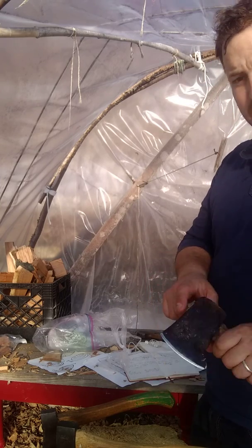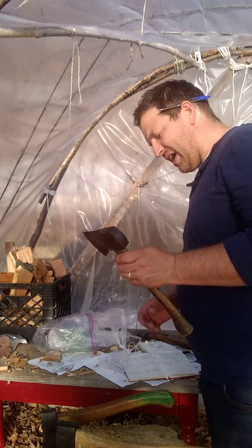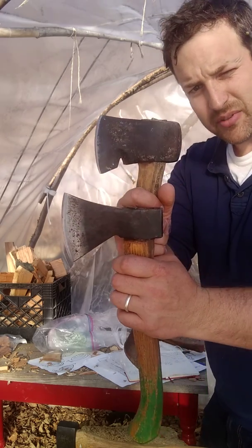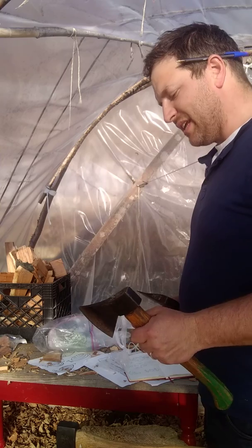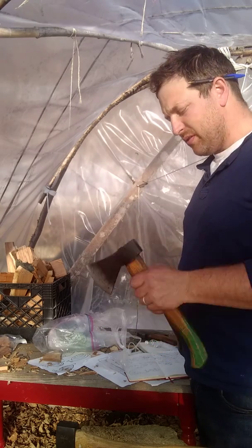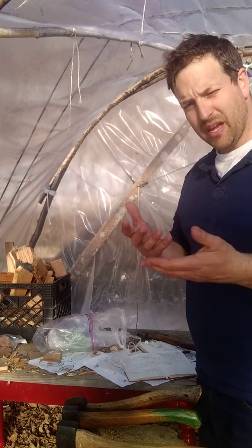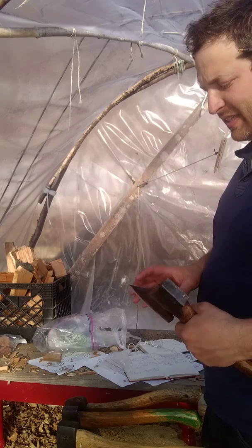On the other hand, the weight is back here, so you are able to get more of the ease of adjustment. But you'll notice one of the things that you have to sort of retrain yourself for is when axes have different lengths from the handle to the edge of the axe blade. That means that the further out the edge is, the sooner it's going to encounter the wood, than if I was using this axe, where it would encounter the wood later on in a swing. Just a fraction of a second, but so much of using an axe is being able to anticipate something that it pays to get really comfortable with one axe, and